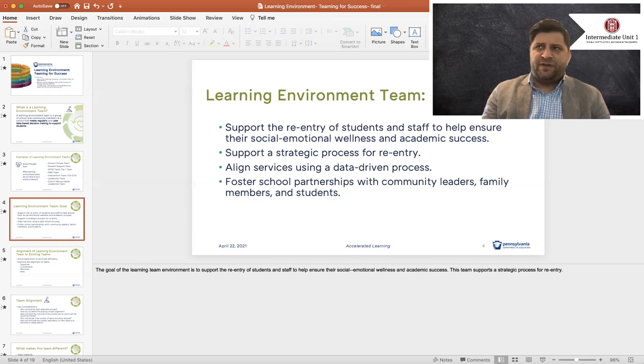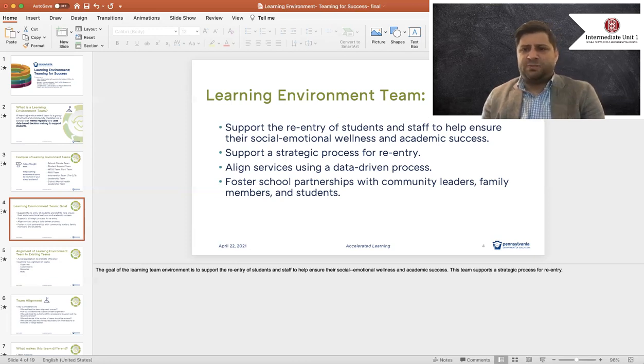So if you've been in a 5-day-a-week face-to-face this whole school year, and that is working and successful for you, we still recommend that you look at this process of teaming, even if you've already re-entered. Hopefully, when the pandemic ends officially and we can get back to school business, even if you have been in 5 days a week face-to-face, it's still going to look a little bit different moving forward. So we do want to point out what reentry means and what we're talking about when we talk reentry.